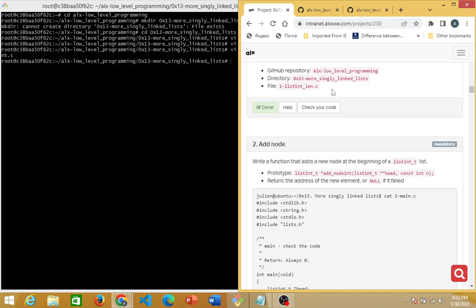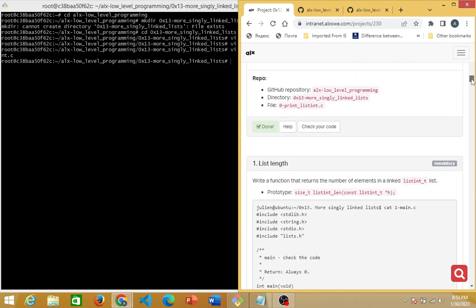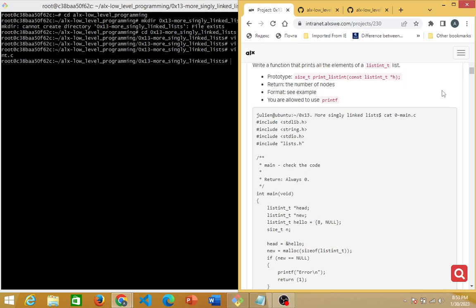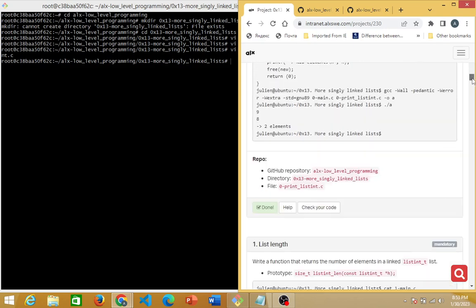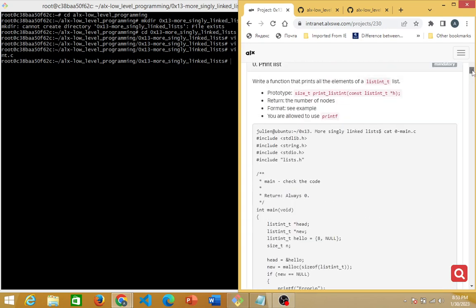So after doing that, the next thing you are going to do is to create a corresponding file for 0main.c. I believe you understand that. We have created this file. Alright, after creating this file, the next thing you are going to do is to create a corresponding file for